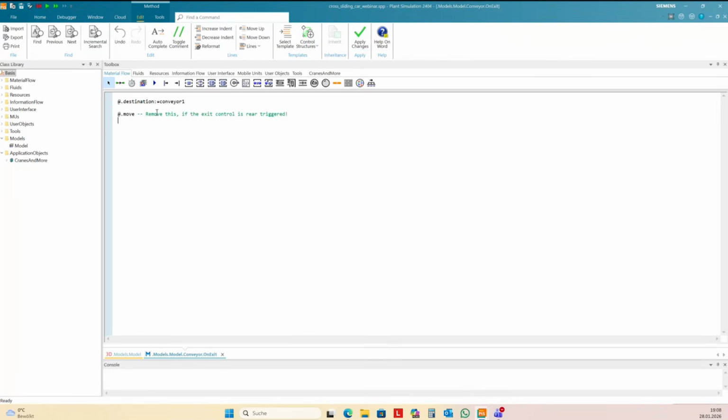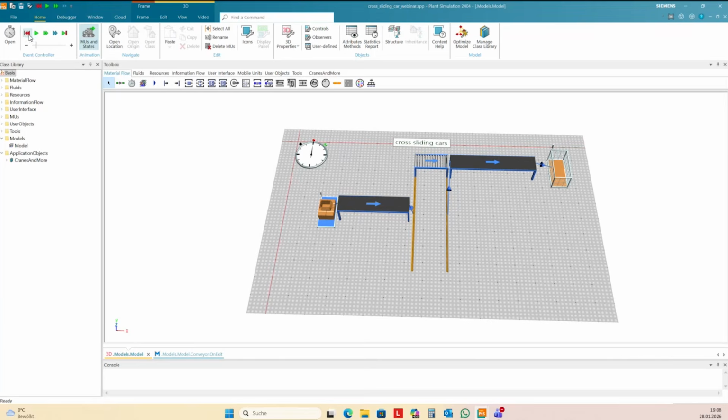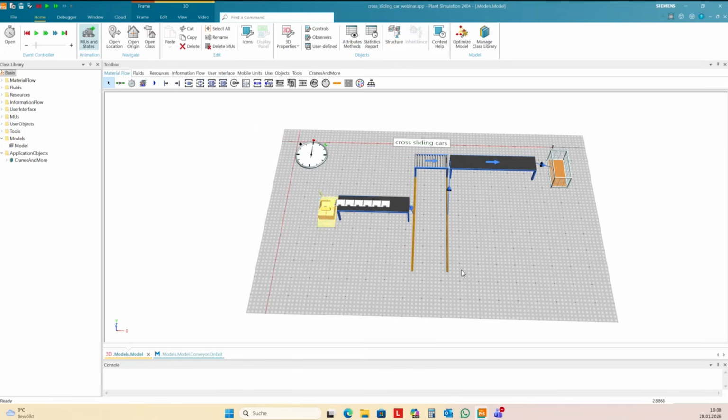If you have several destinations, you set the destination for this part, and all functionality is done by Plant Simulation automatically. Okay, I set here an interval of maybe 5 seconds. And it's working.